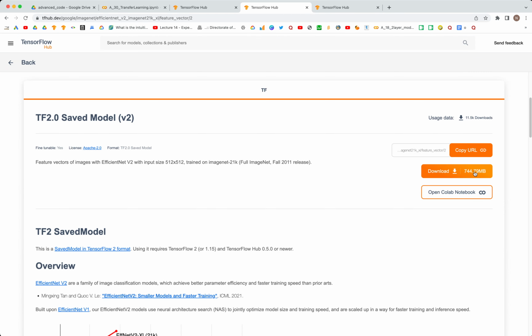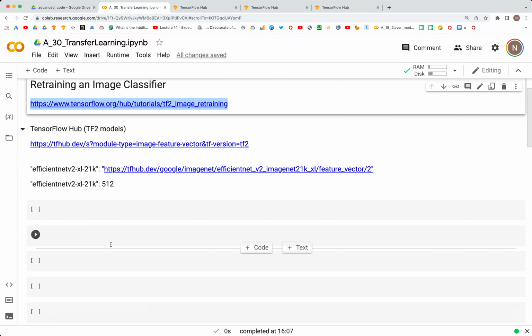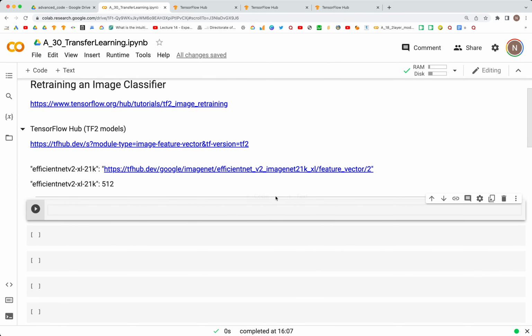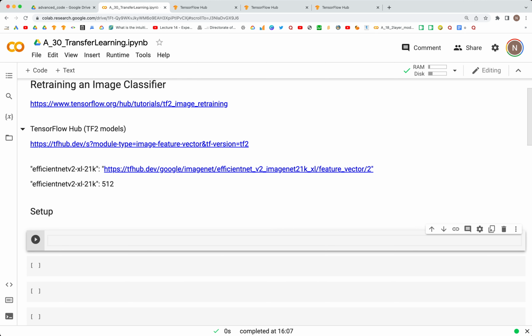That's a large file, 744 megabytes, and we can use that as a starting point for the classification model that we are about to build. So as usual, we'll get started with the setup. For setup, we need to import a couple of libraries. So let's do that. Setup, and here we'll import